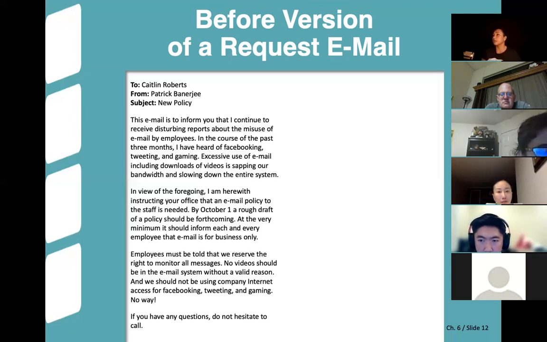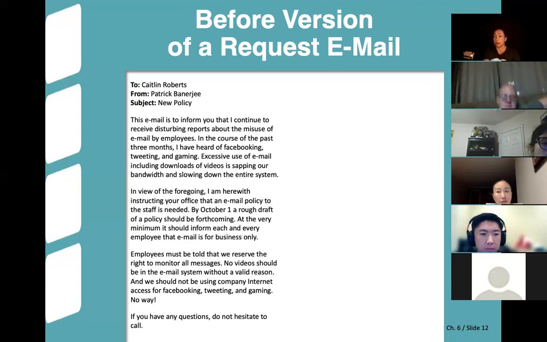How about we need to set up a new policy because of such and such in the first paragraph. We can say "therefore," maybe, instead of "in view of the foregoing." Yeah, we can say as well a message to our staff about a new policy.